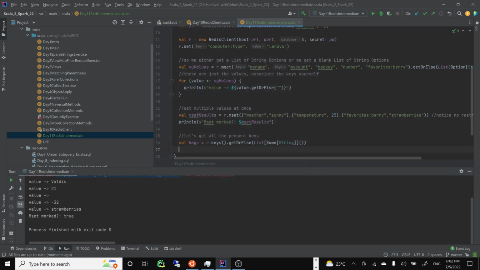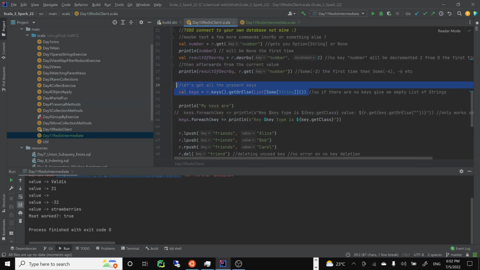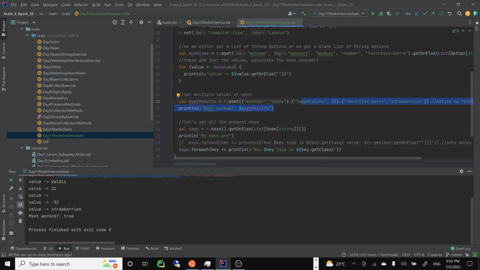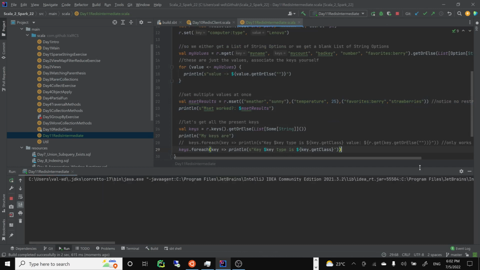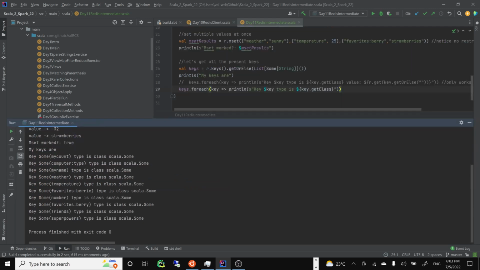And again, so keys, I can get all the keys. Again, reminder, you can get all the keys from day 10. This will work just fine. That's not too hard to do if you need to. I'll show you that I do have all the keys here. Look at this, all of the keys are present. Well, of course, Some, so of course a key, and it's just Some, because of course